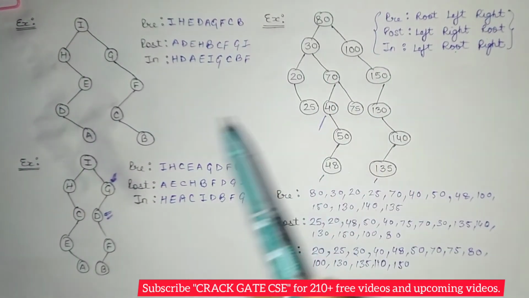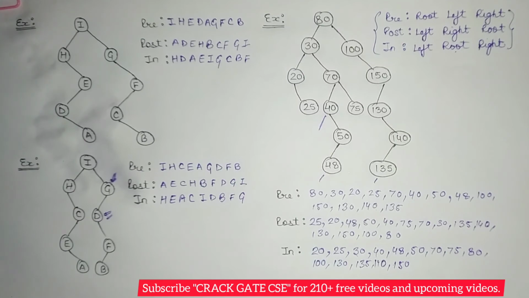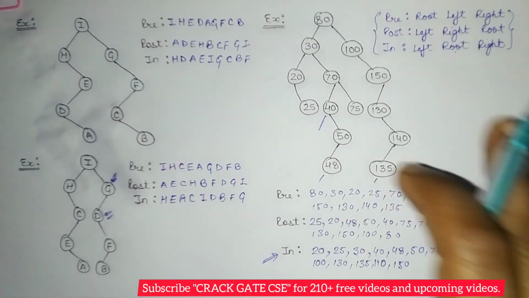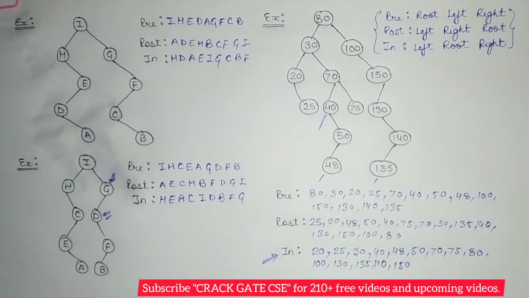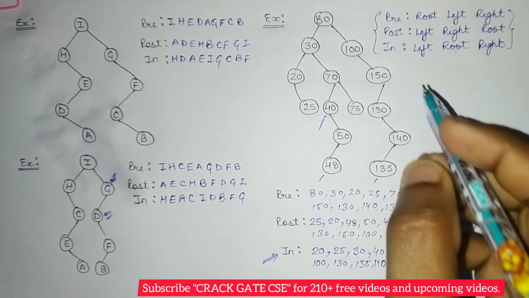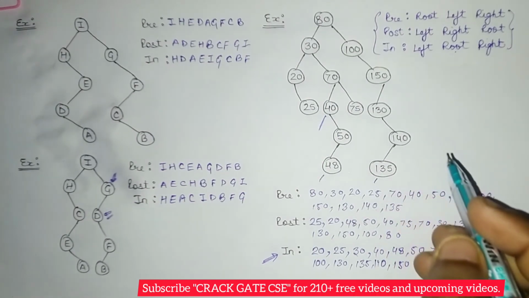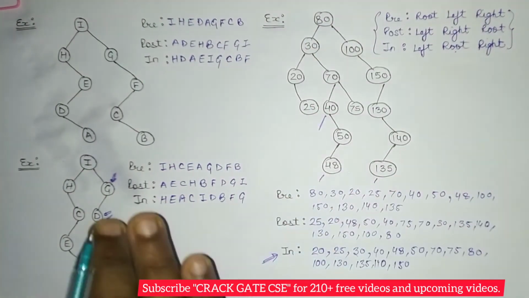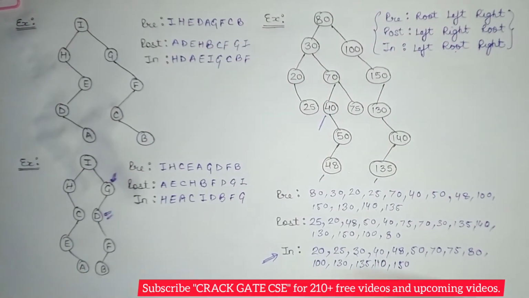This question was given to help you understand that the in order traversal of a binary search tree will always be in ascending order. So if there is any lengthy question given in your exam, whether it is GATE or a semester exam, and it is given that the tree is a binary search tree and they are asking for the in order, you do not need to do any calculations. Just find the ascending order of the values and you are done with the question. So this is how you can find out the pre-order, post-order and in order for a particular tree traversal.